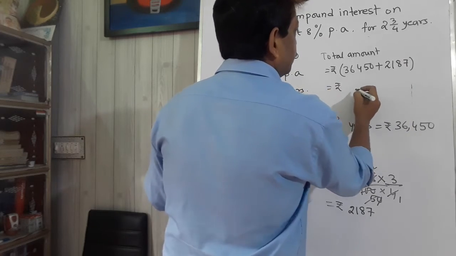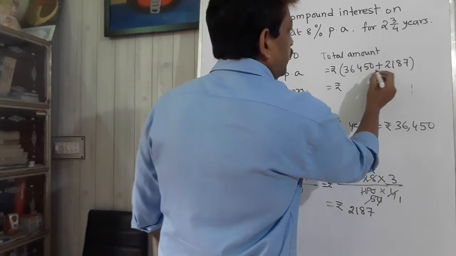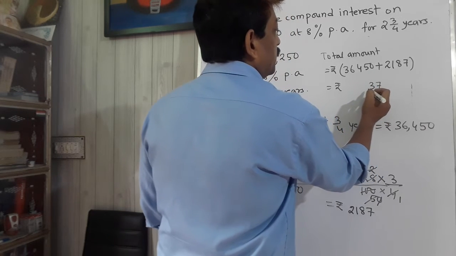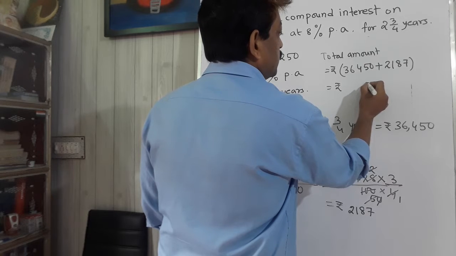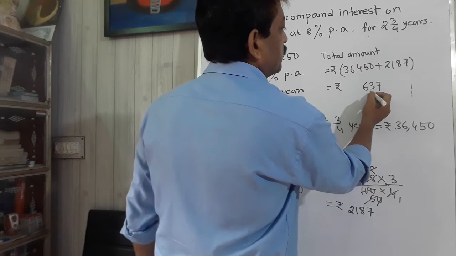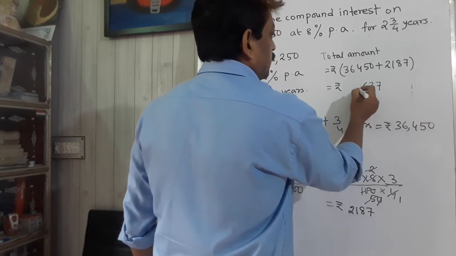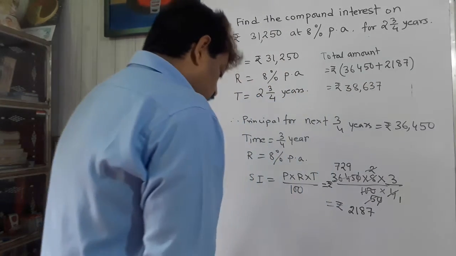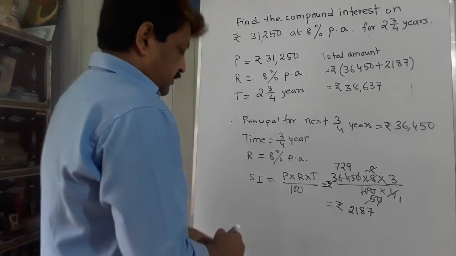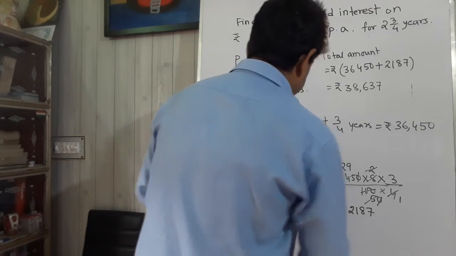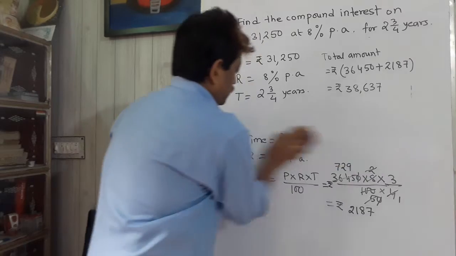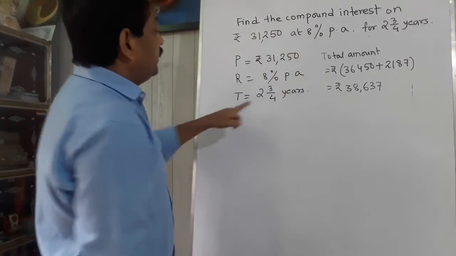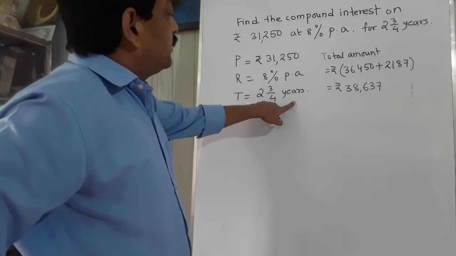So after adding, it will be 38,637. So this is the final amount, that is the amount after 2 whole 3 by 4 years,